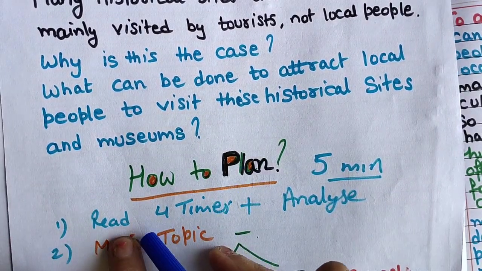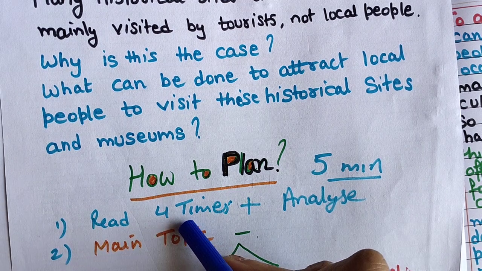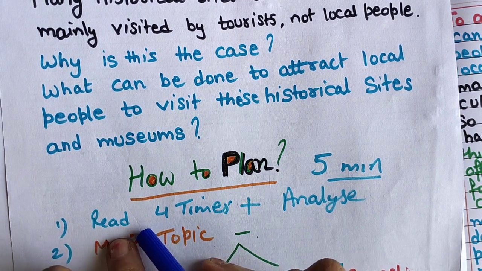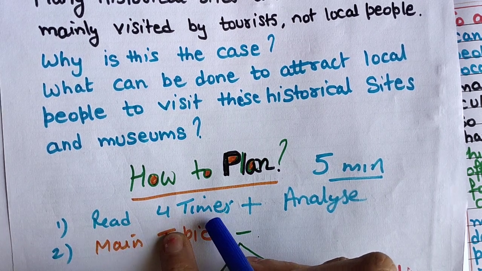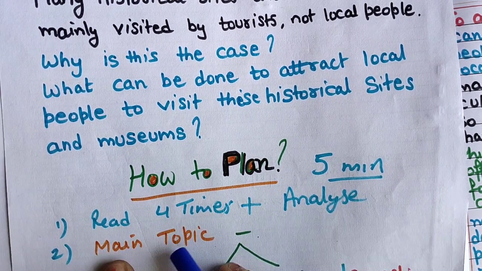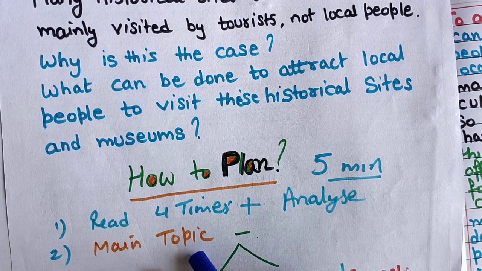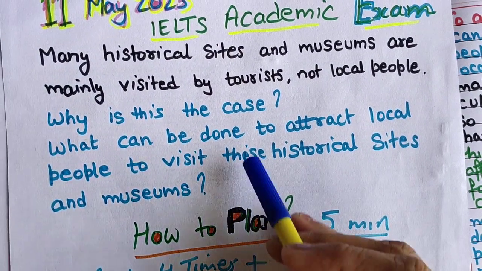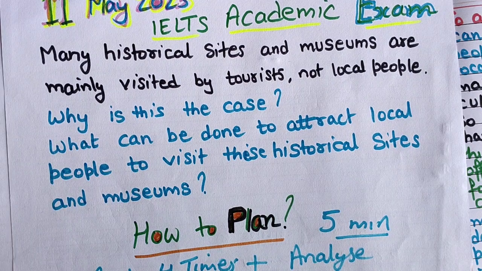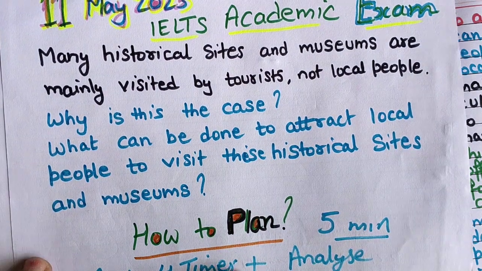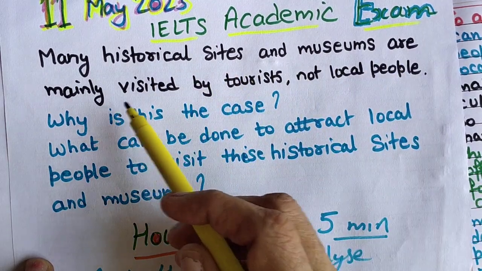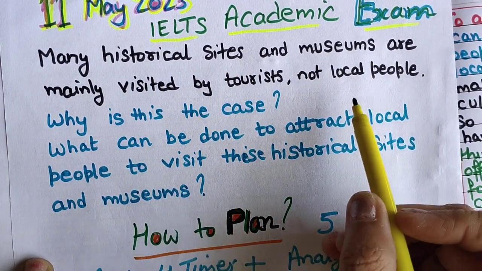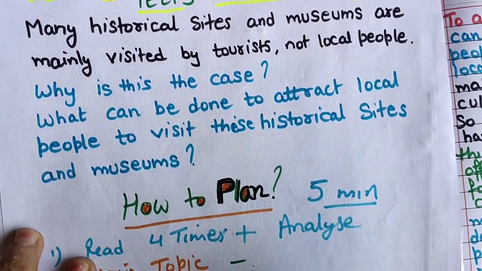So first, I have already read it 2-3 times with you here. Whenever you are getting a question statement, please read it at least 4 times to analyze the statement. Now after that you have to take out the main topic. So what is the main topic? Please read it, and then definitely think about the main topic. So main topic: many historical sites are mainly visited by tourists, not by local people. So main topic is